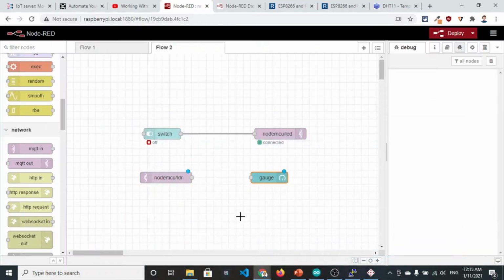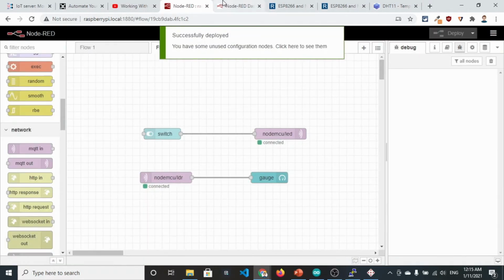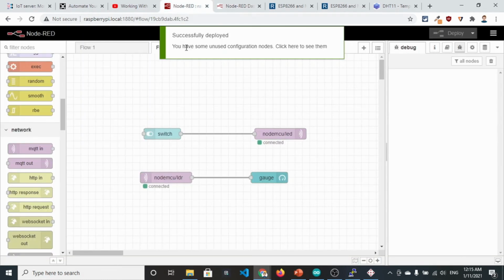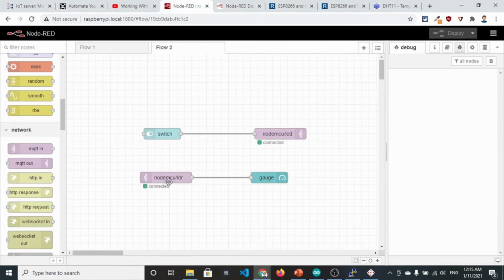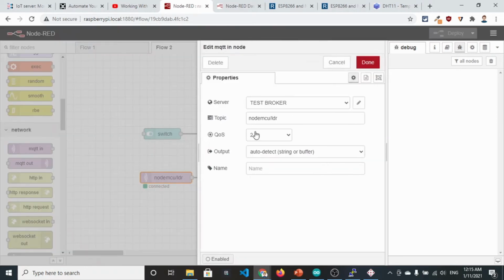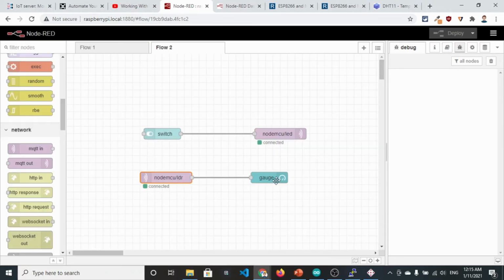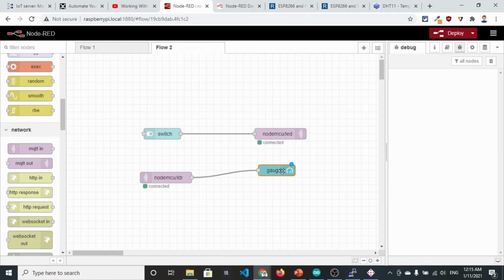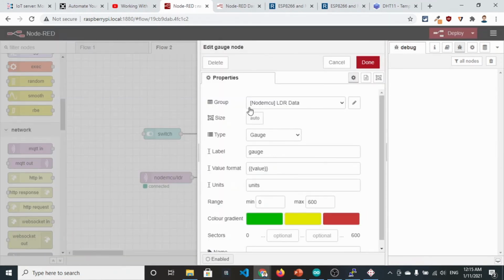And simply connect it and deploy it. And now if you move to the test tab, NodeMCU/LDR, you have to select the correct group which you want to use.